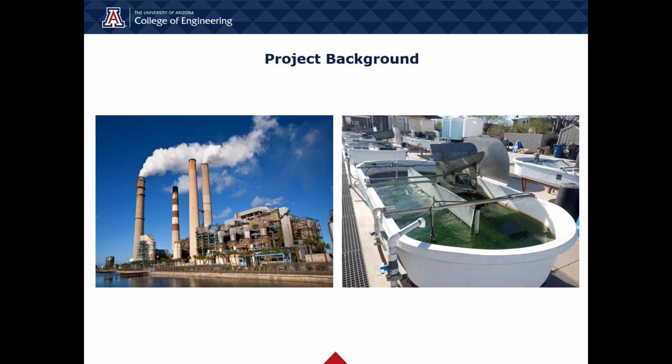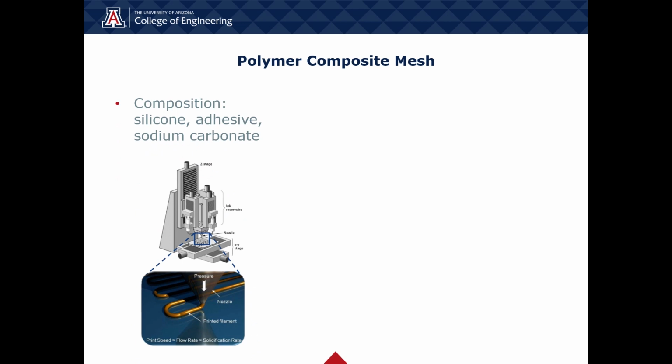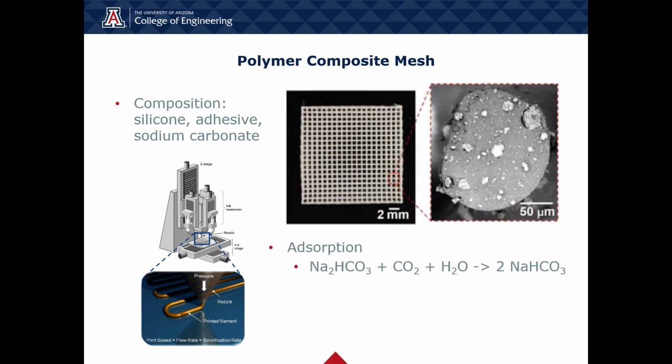An alternative to this direct injection method is a new polymer composite mesh developed by Lawrence Livermore National Laboratory. The polymer mesh is developed by using direct ink writing and is comprised of silicone, adhesive, and sodium carbonate in a layer that is about 400 microns thick. The key with this mesh is that the sodium carbonate is bound on the surface. When CO2 hits this mesh, it reacts with the sodium carbonate to form bicarbonate that binds and keeps the CO2